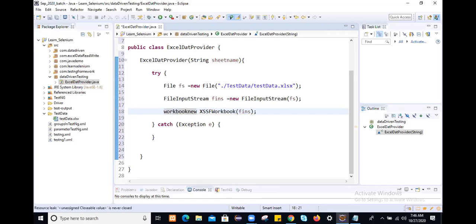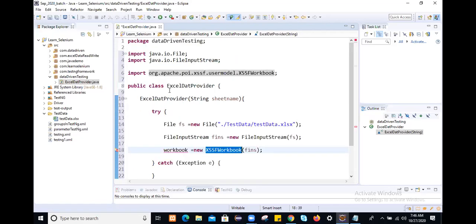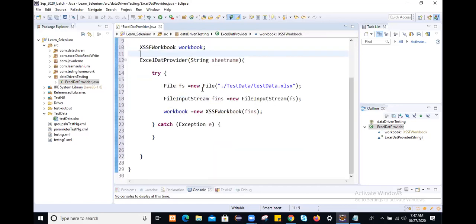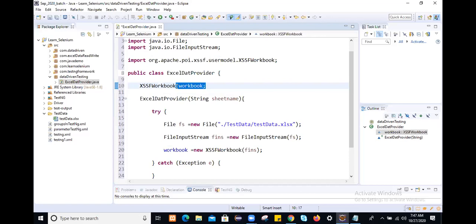A Workbook object. So what I will do is create this workbook object at class level. This is my XSSFWorkbook. The moment this workbook object is created, this reference variable will be initialized at class level so that we can use it throughout the class.